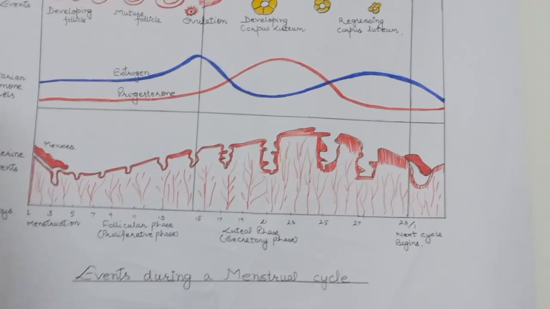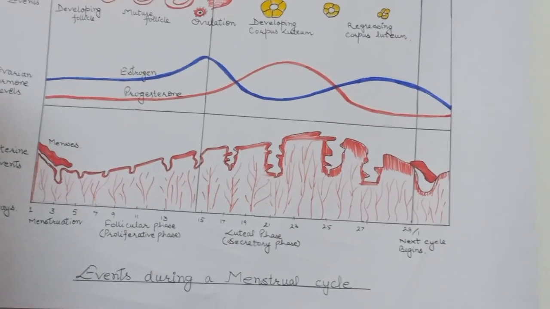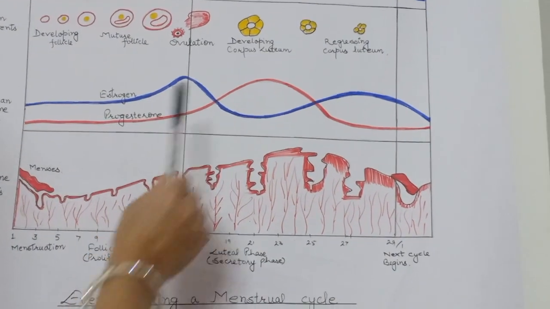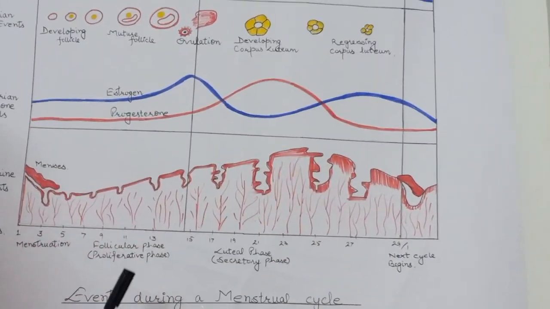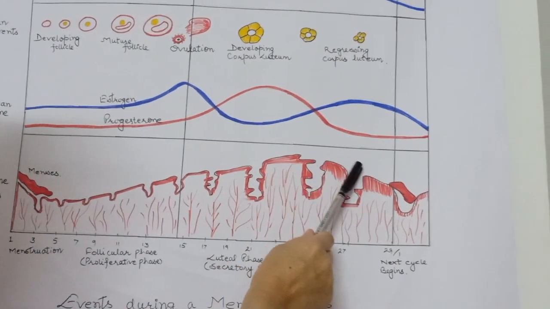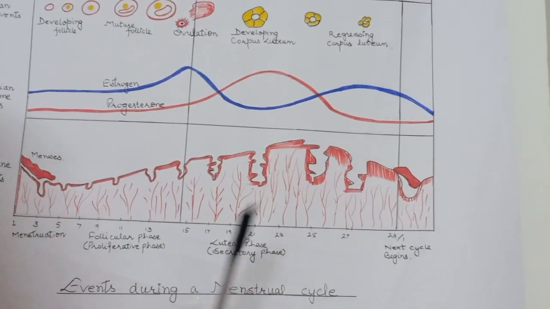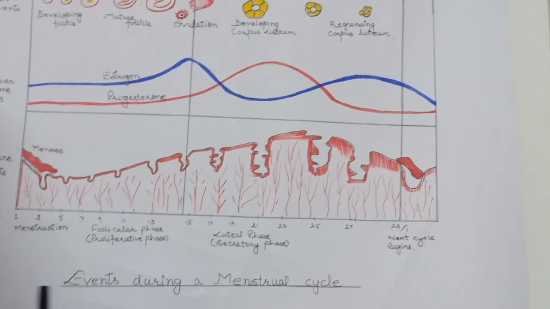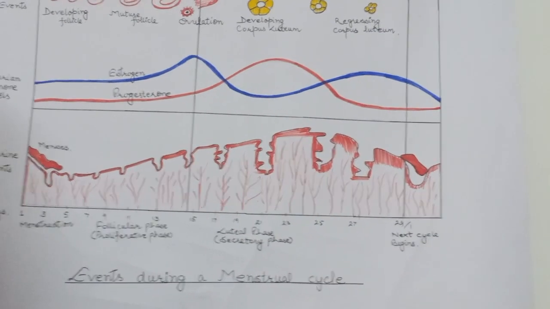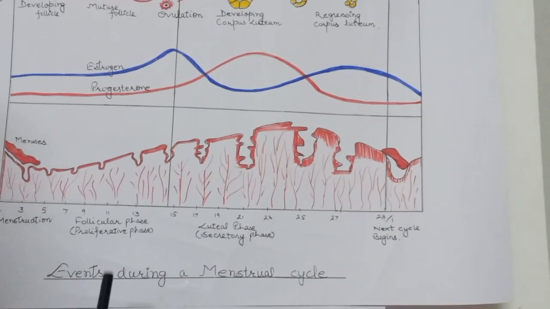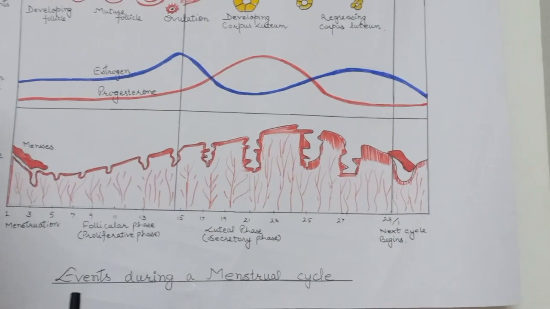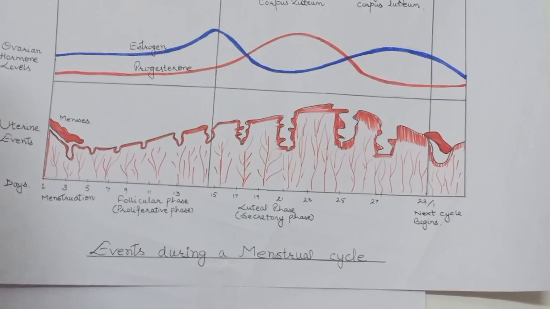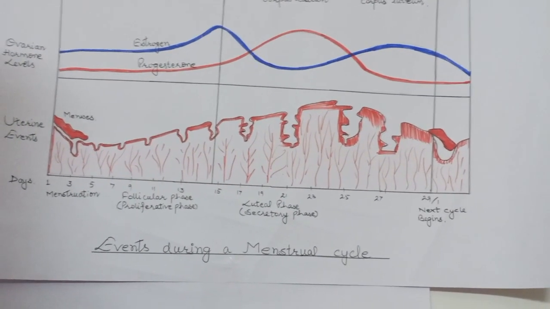During pregnancy, all the events of the menstrual cycle stop and there is no menstruation. In the absence of fertilization, the corpus luteum degenerates. This causes the disintegration or breakdown of the endometrium, marking the start of a new menstrual cycle. In human beings, the menstrual cycle ceases around 50 years of age, and this is known as menopause. Cyclic menstruation is an indicator of the normal reproductive phase, extending between menarche and menopause.